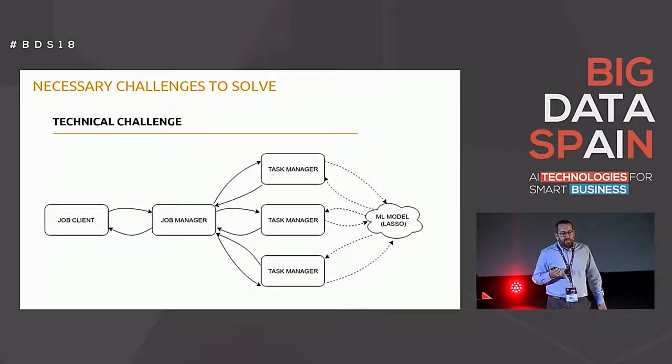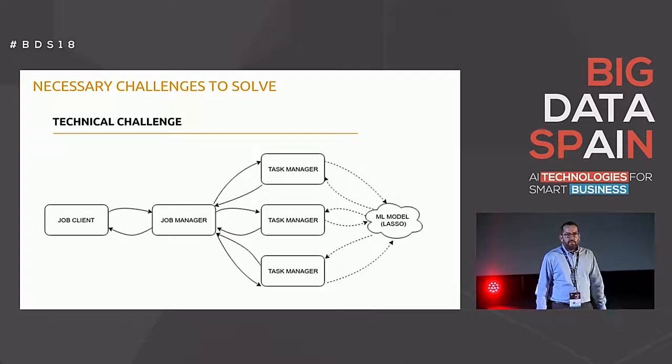The other challenge is a technical challenge. This is an example of a Flink cluster, how a Flink application is executed in a cluster. The job manager receives a task and parallelizes the tasks or the job between the different task managers, 3 task managers in this case. The problem is where